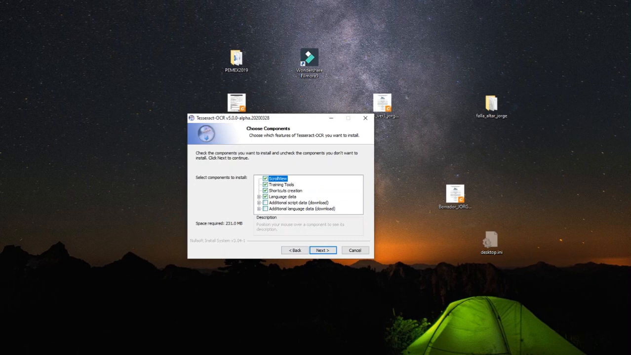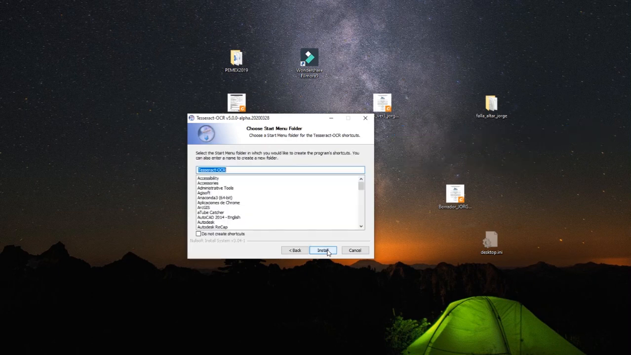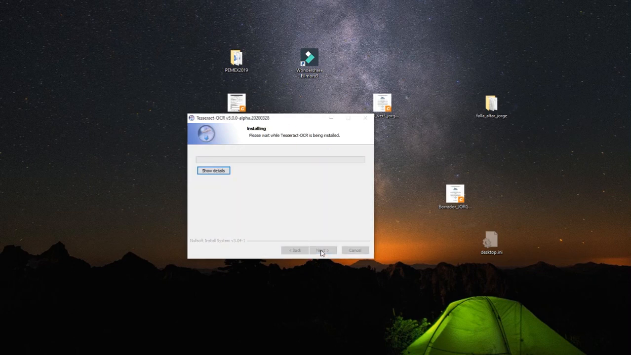At this part of the installation, we need to write down the path of the destination folder because we will need it in a few minutes. So be careful with that. And now we continue with the installation. By this time we have installed